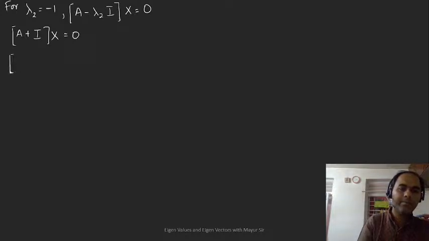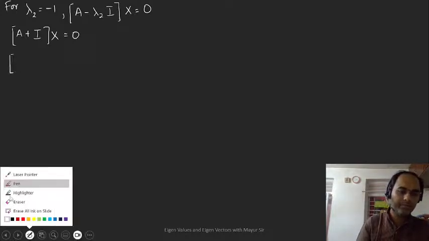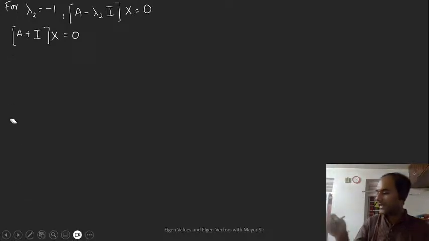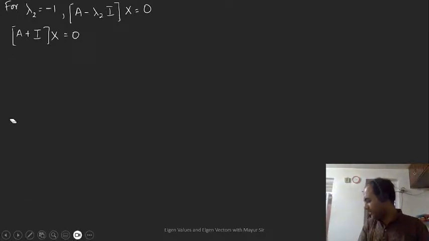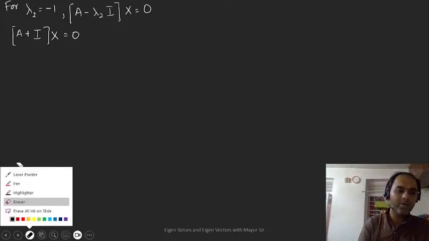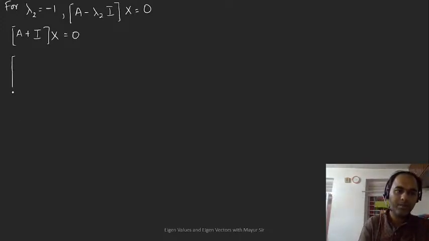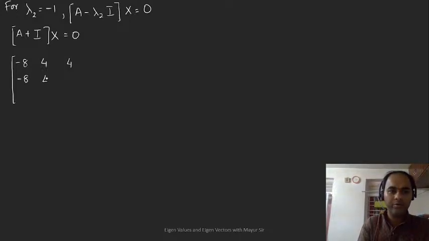So A plus I, when you do it in the matrix, diagonal entries are added with 1. So you add 1 to your diagonal entries, right? So -8, 4, 4. Then there is -8, 4, 4. Correct? Then there is -16, 8 and